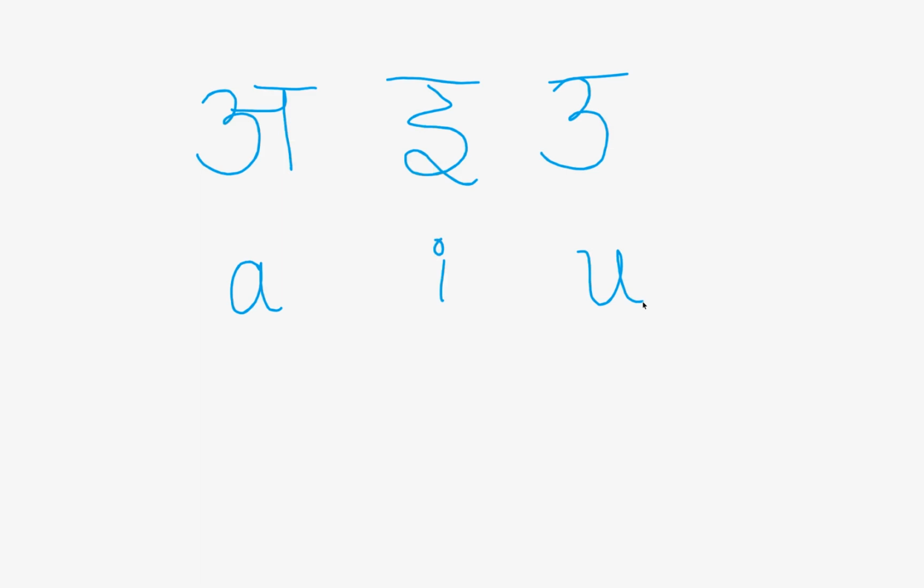It is the most fundamental, very natural sound, right? So, what is the position of the throat? What is the position of the tongue? And how are the lips positioned? The lips are slightly open,